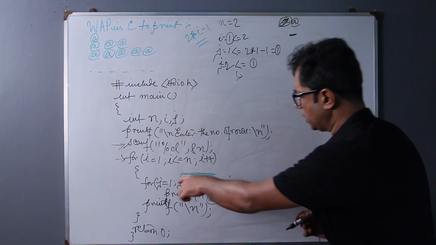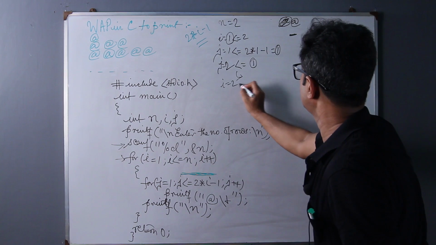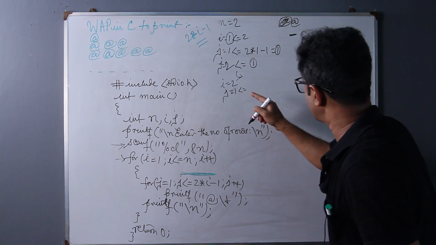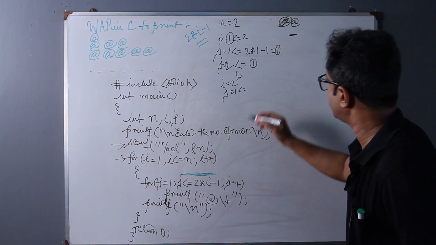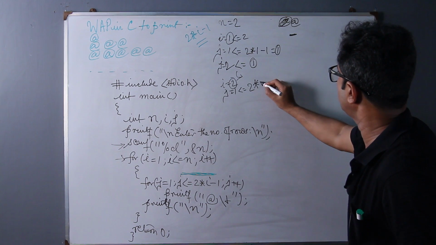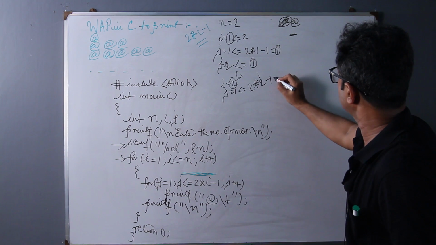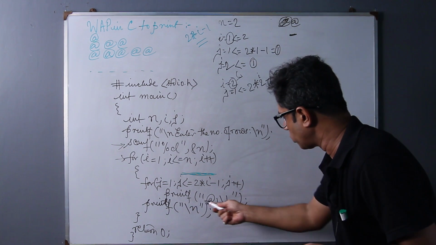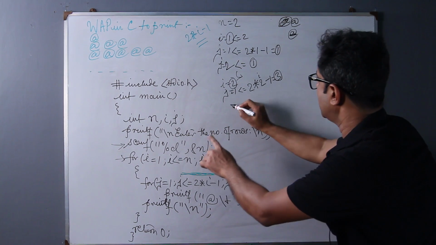Now i will be incremented by i++. i will become 2 and j will become 1. Again, it will be checked by this formula whether this j value is less than or equal to 2*i - 1. The current value of i is 2. So 2*i - 1 will give you 2 into 2, the i value being 2, minus 1, 4 minus 1 gives you 3. So 1 is definitely less than or equal to 3. So we are going to print this @ in the next line in this manner. So j will now become